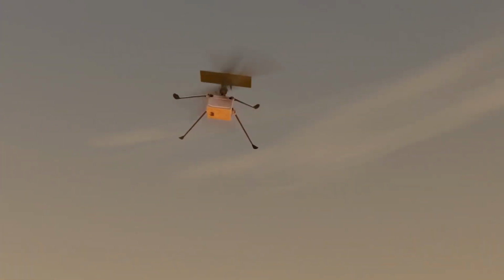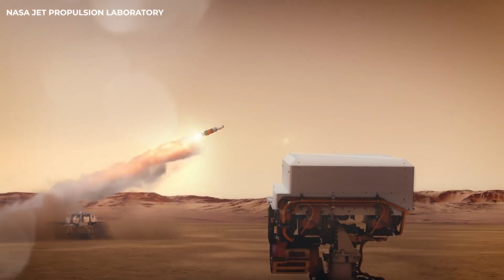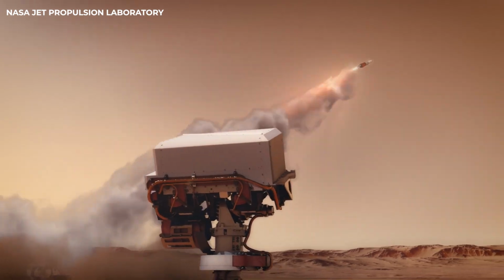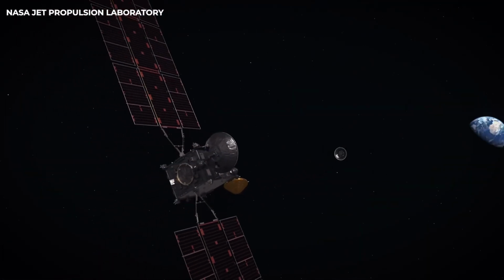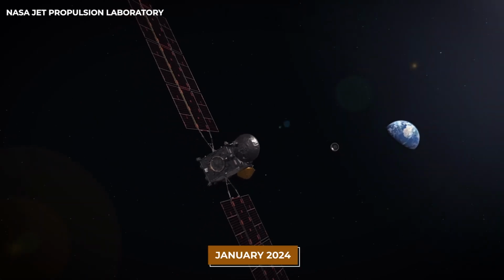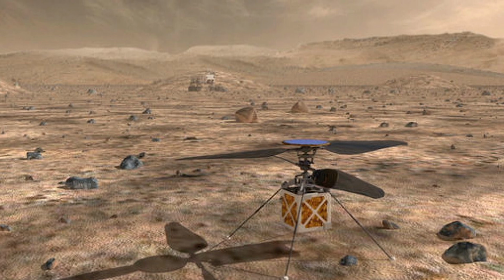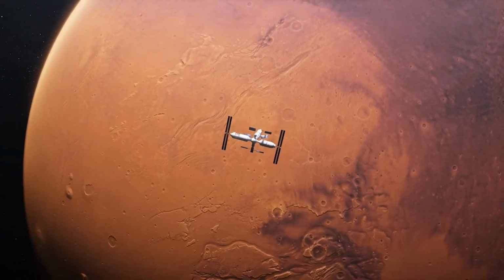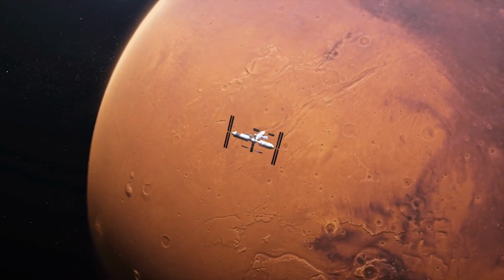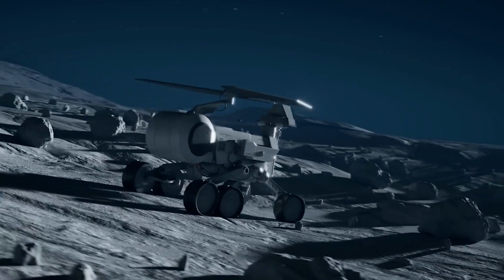Ingenuity made its first successful flight on April 19, 2021, becoming the first powered flight on another planet. After completing 72 flights, Ingenuity's final mission in January 2024 ended with damage to its rotor blades upon landing, leading NASA to retire the helicopter. Despite this, Ingenuity's success proved that aerial exploration could become an essential tool for future missions, offering a new dimension